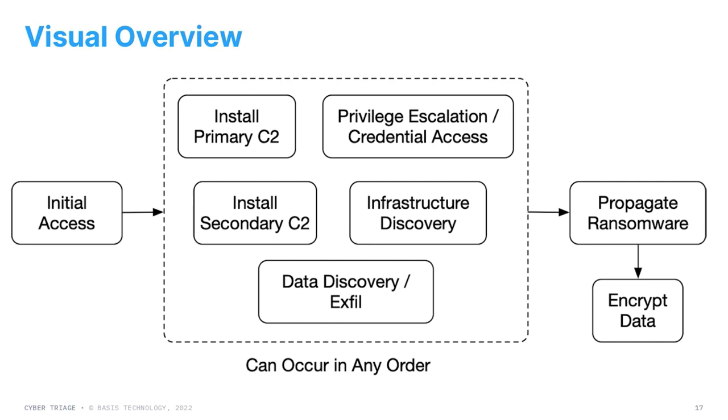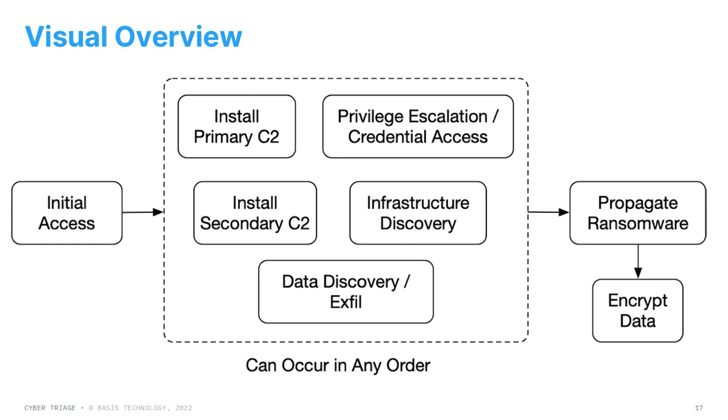There's then a bucket of phases that can occur in a variety of orders. This isn't like the kill chain where everything must occur in a certain sequence. These should occur at some point, but the order is TBD on the attacker or what's provided by the ransomware. So things like installing a primary C2, privilege escalation, maybe a secondary C2, infrastructure discovery, data discovery, exfil, all